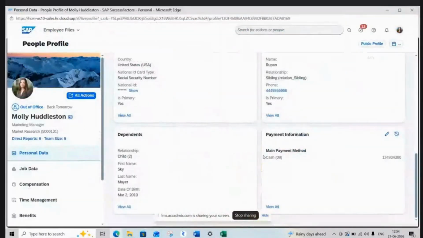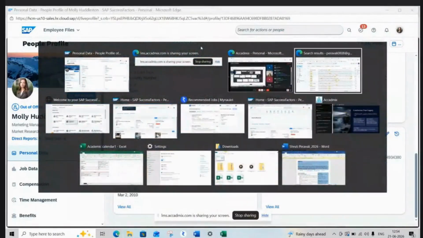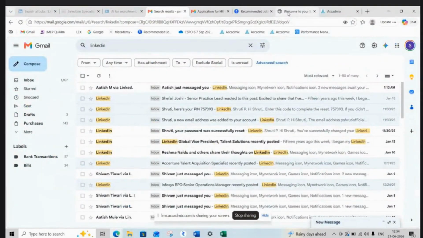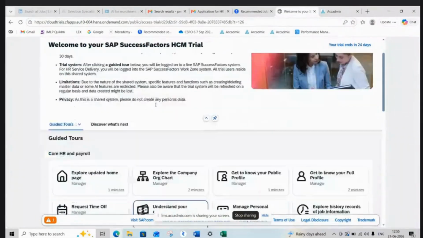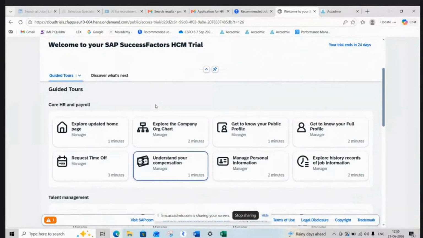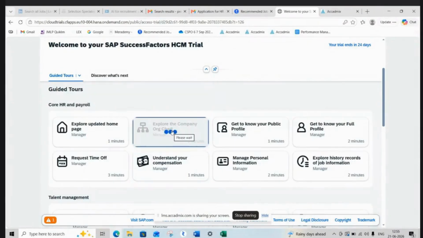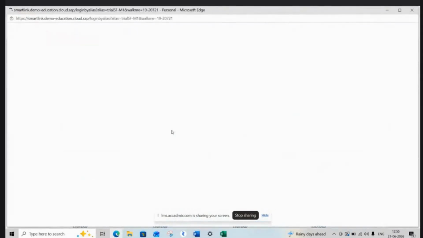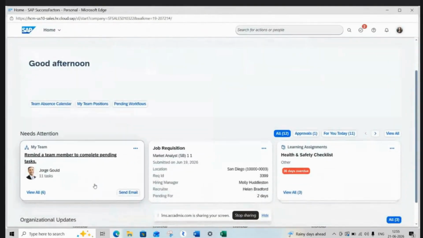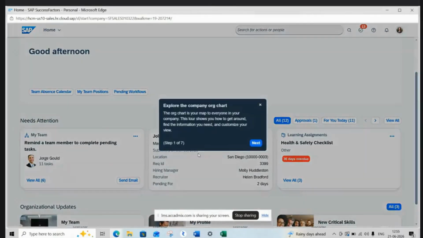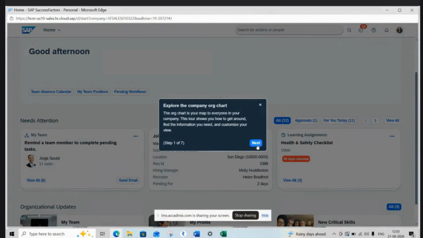Okay. Go back to the system. Wait one second. Now let's go and explore the company organization chart. Click on that. You have seen that each one of you is landing on the same page, right?